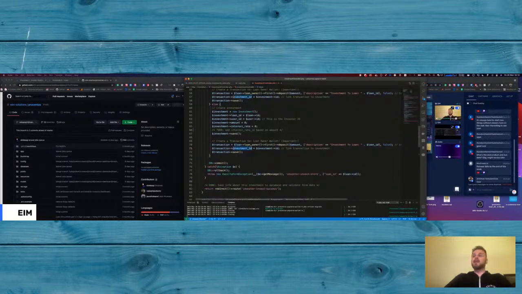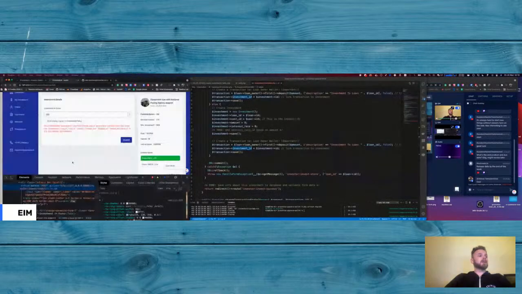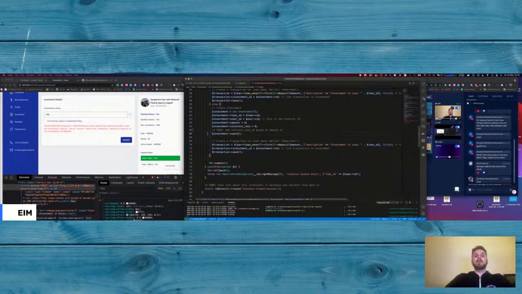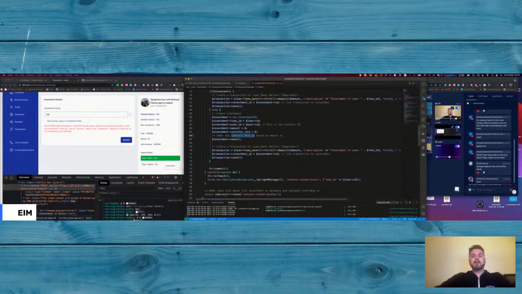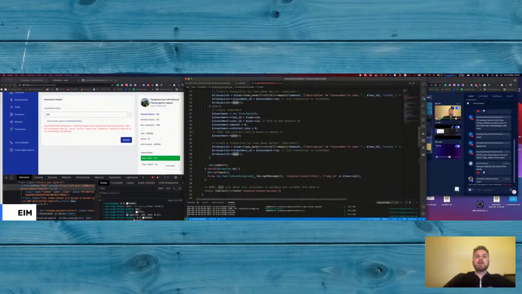Investment ID, and then the error I got is interest rate. Oh, it's okay. Interest rate ID, yes. So we know what is the interest rate here? 0. We know what is the investment, and we know what is the transaction.